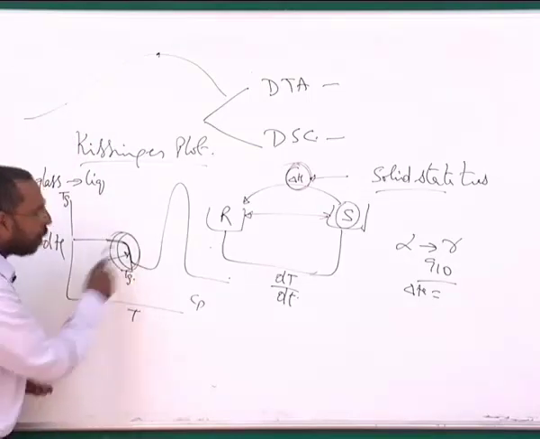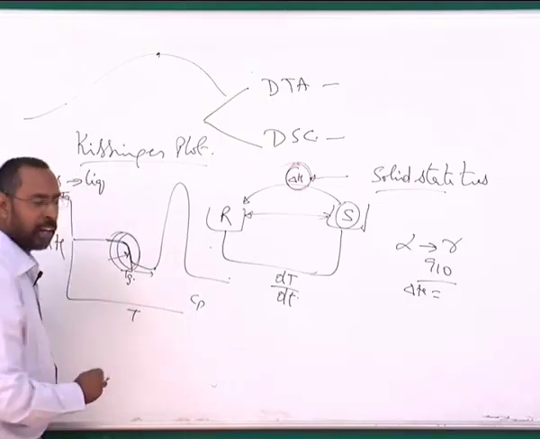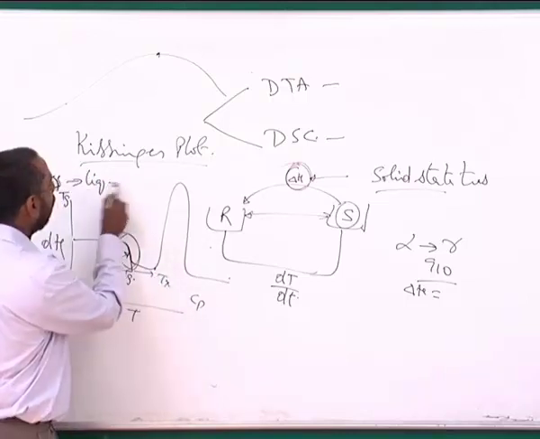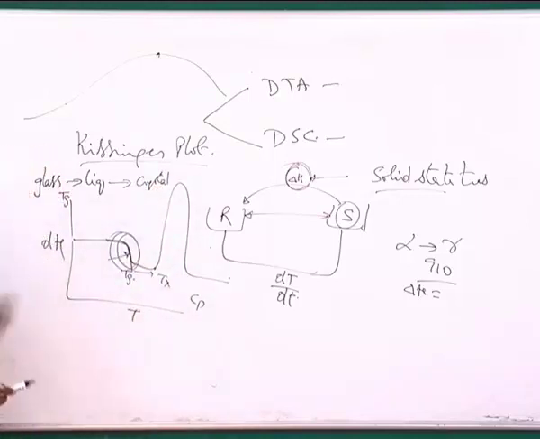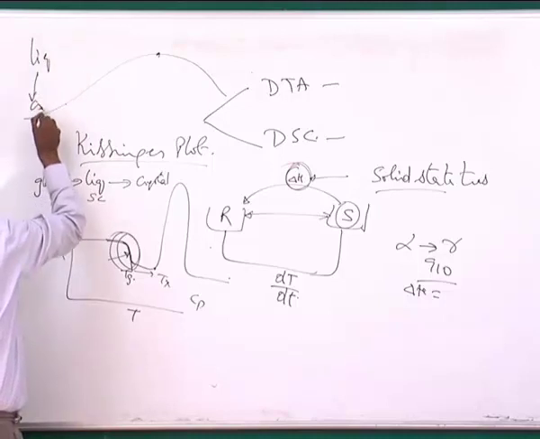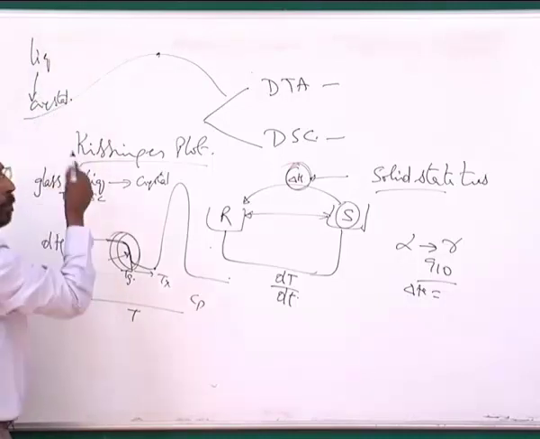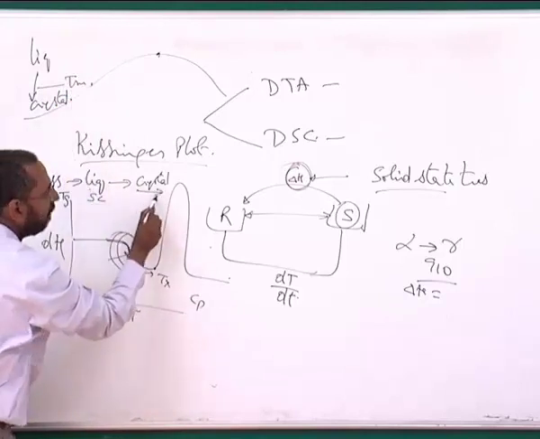So there is a small step difference, and when I now further heat it at a particular temperature called Tx, this liquid undergoes a crystal transformation. So this glass becomes a liquid, which we call a supercooled liquid. You may say, what is this, sir? This liquid on heating is giving you a crystal. Usually we have liquid on cooling giving you a crystal at the melting point. Whereas here you see this liquid on heating is giving a crystal.